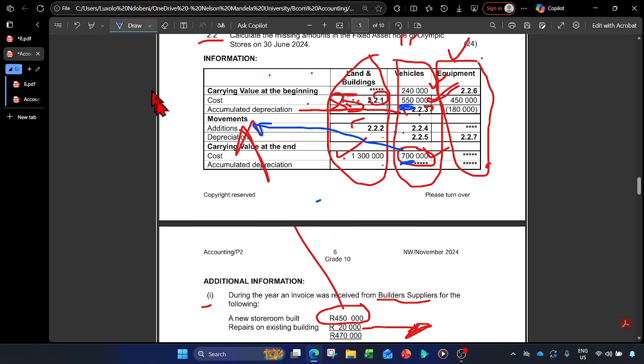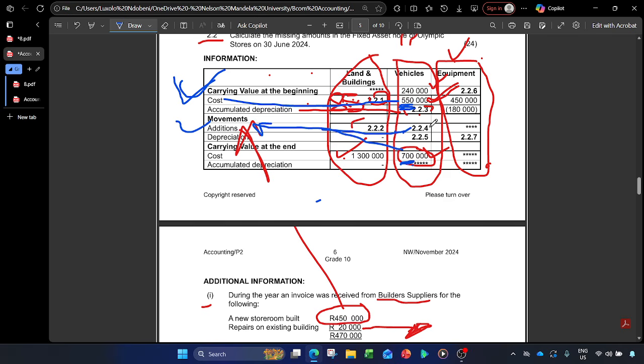When you calculate the depreciation, now you have a responsibility to calculate the depreciation for the asset that was available at the beginning, which the business opened with, which has a cost of 550,000, and the depreciation of the asset that is bought during the year from the time it was available for use, which means from the time it arrived to the business. That's where it will start to depreciate, right? So the addition will also be another depreciation. So the total depreciation for the vehicle will be the depreciation for the old vehicle and the depreciation for the new vehicle, which is the addition.